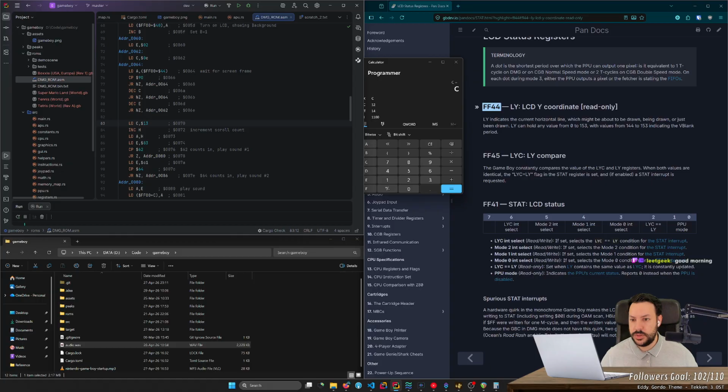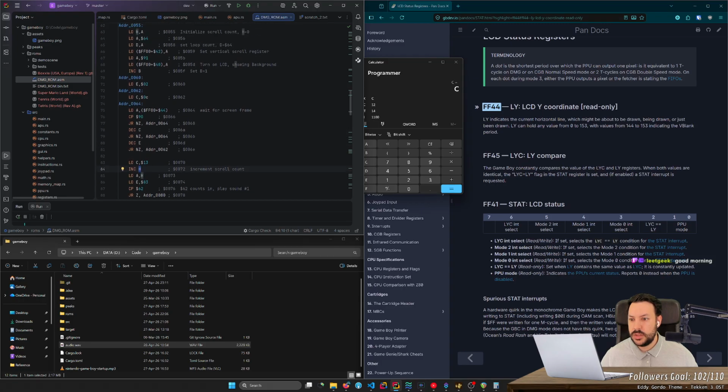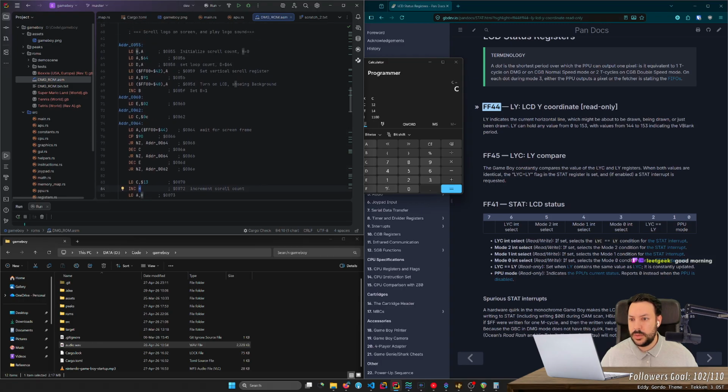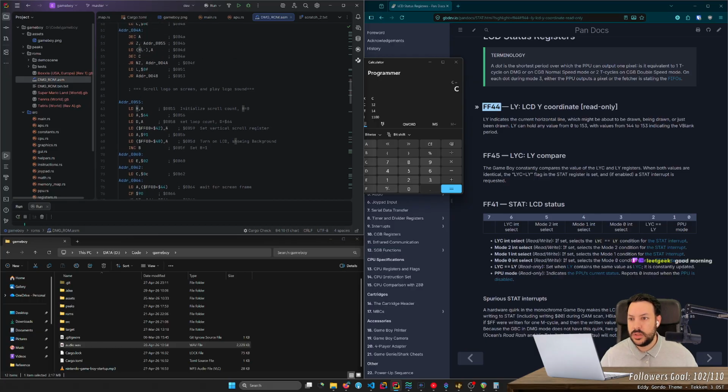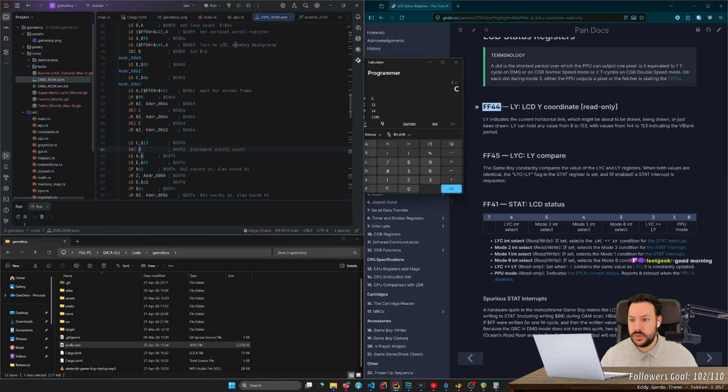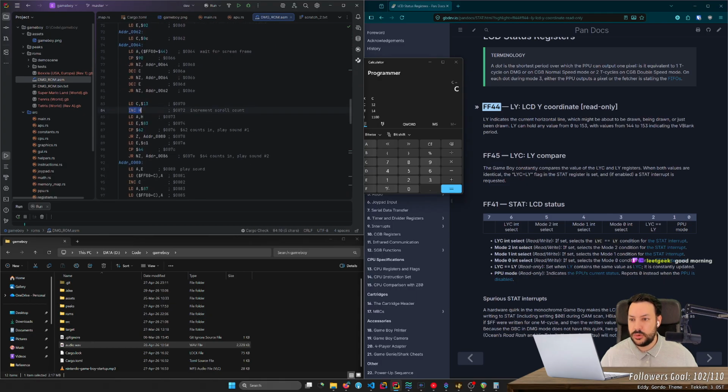Okay, then it stores the 13 there. It increments age, wherever age value was. I mean, how do I know what was the value of age? Initialize scroll count equals 0. Okay, so it counts 1.